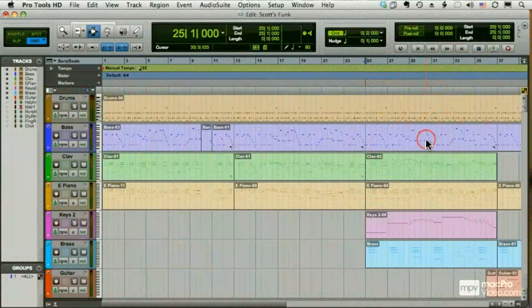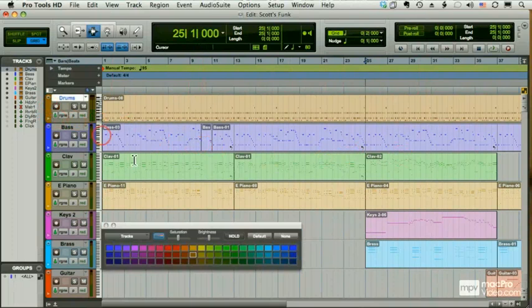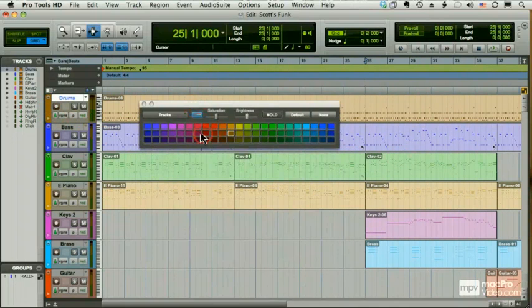Okay, we're back in the same session. The only difference here is it's a little more colorful. The way I colored the tracks is I double-clicked on this color area over here, and I get a nice color selector. I can choose a color,